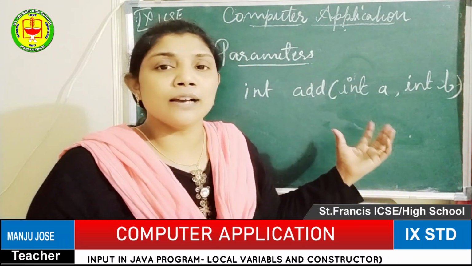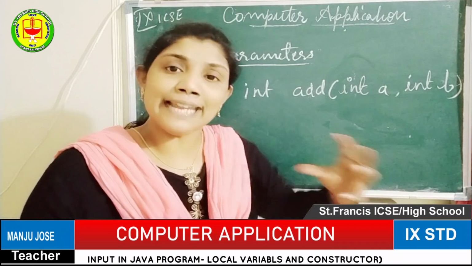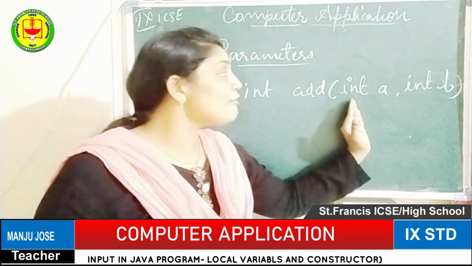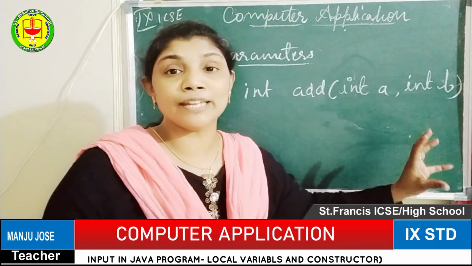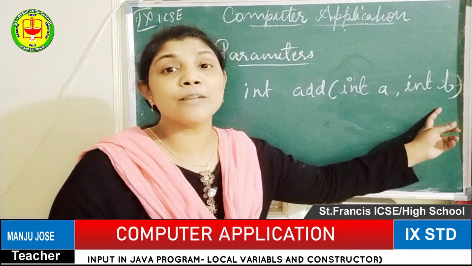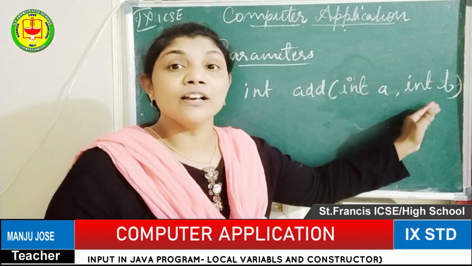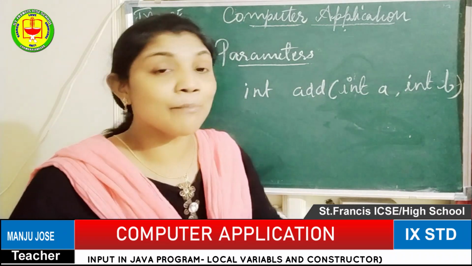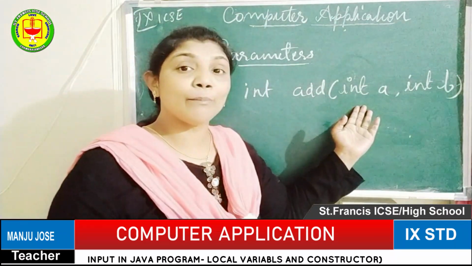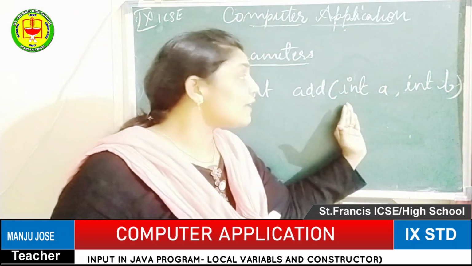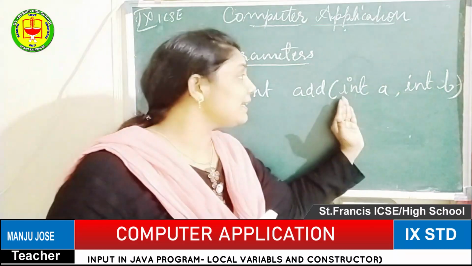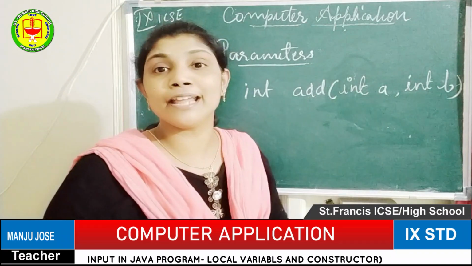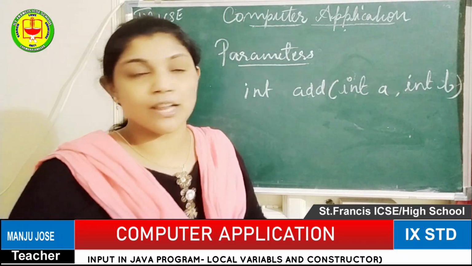So we cannot fix how many variables there will be; that is related to the program, to how the program will work. Here I have used only int A and int B, two variables, and the types of these two variables are the same, int and int. Sometimes, based on the behavior of the function or program, the variable types may change. Sometimes we can use int A and char B, or int A and float B. So like that also we can use it. The parameter data type doesn't matter for function execution, but the related values we are using do.